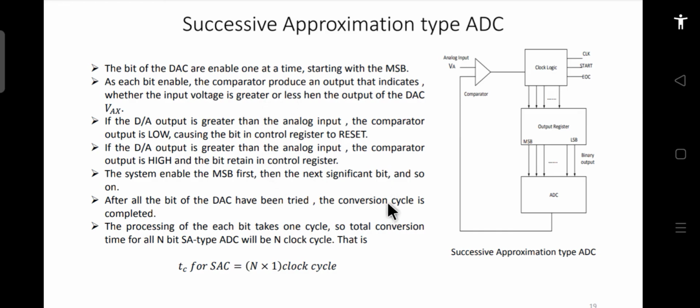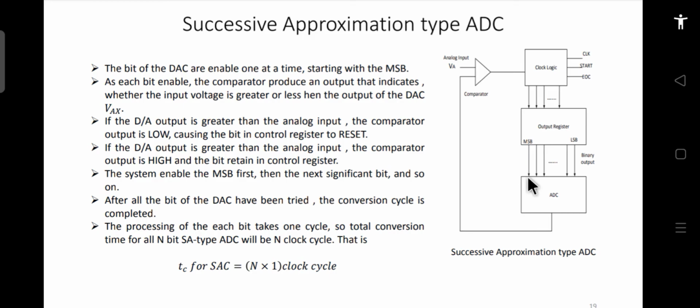Okay, so this operation is not difficult to understand, but this is a very popular ADC, and whenever we have to make an ADC, we usually use this method, the successive approximation type of ADC. So in this case, starting from the MSB, the name itself suggests that successive approximation takes place. First the MSB is decided, then depending upon the analog input present, the next bit is decided. Let's say the analog input is 5 volts, so corresponding to this, the first MSB will be decided.